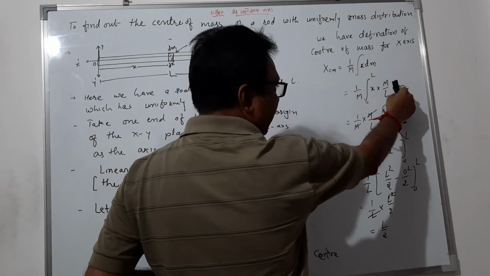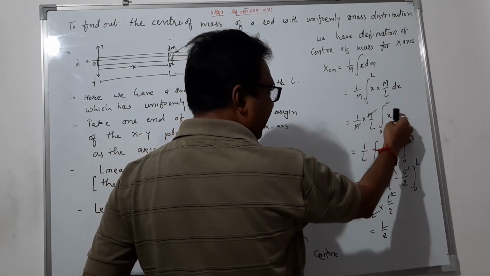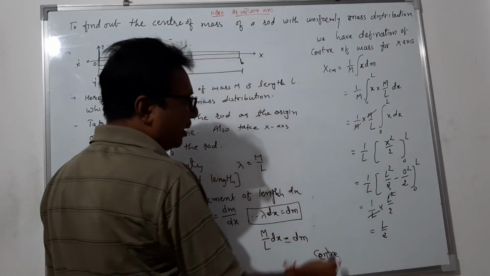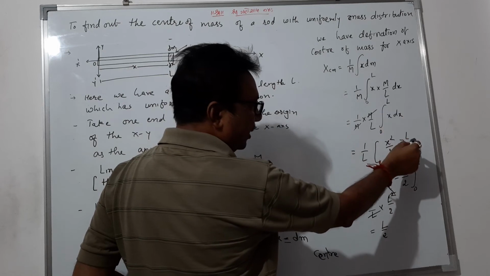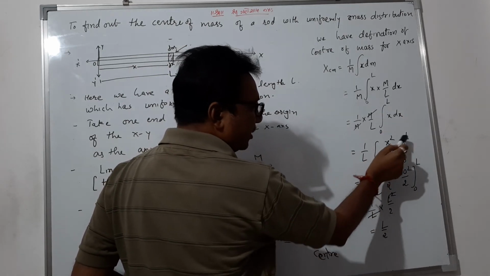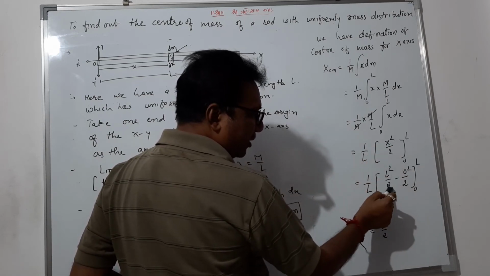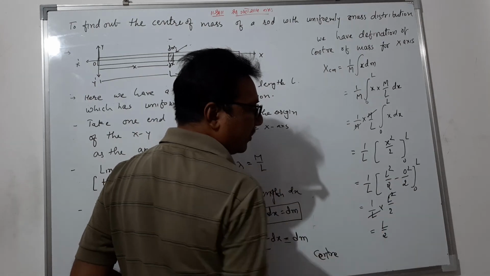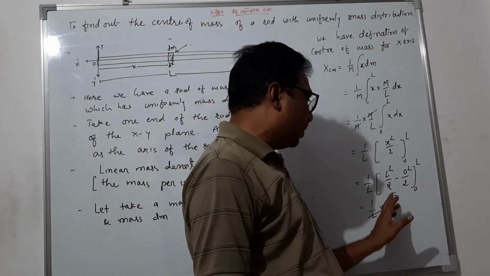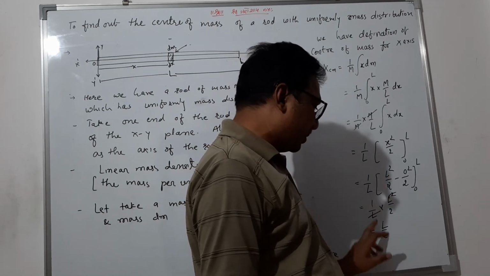Now m upon L is a constant term, so it is taken outside. So here only x dx is there. Now 1 upon L, the upper limit is L, the lower limit is 0. So now I am replacing x by these limits. The upper limit gives L square by 2 minus the lower limit 0 square by 2, but 0 square is 0, so it is removed. Now you get L square by 2 into 1 upon L. L cancels, so L by 2.